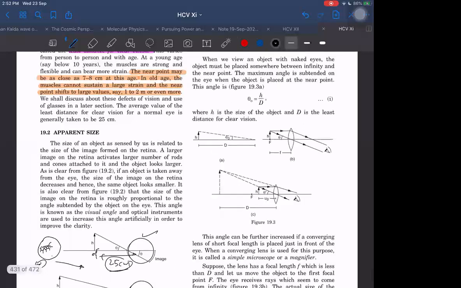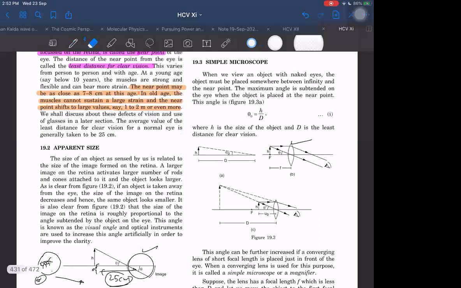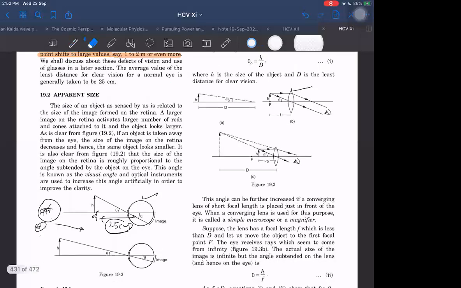So what should we do now? Then we should use the lens. After that, the lens comes into the picture. So what we call the magnification provided by the lens is how much it can help to increase the angle subtended beyond the angle which I increased automatically by bringing it closer to my eye. If I'm bringing it closer to my eye up to 25 centimeters, and by that I'm also able to increase the angle, that will not be called magnification. Obviously, it should not be called magnification.